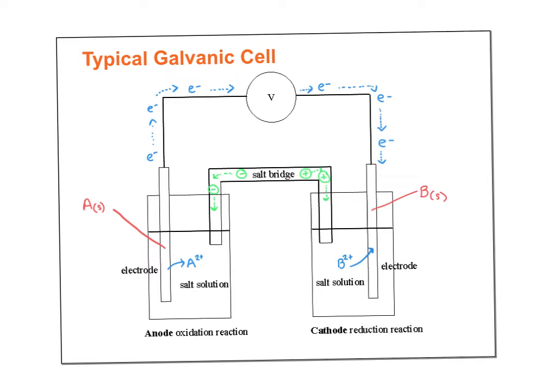So that's essentially how a galvanic cell works, and we can harness this electricity to do things for us, like power a light bulb. There's one other important component, and that's this salt bridge. After a really short amount of time, we're going to get a backup of charge. If negative electrons keep moving to the right from the anode to the cathode, we're going to get a buildup of negative charges over here because all of the B2 pluses are going to be joining on,